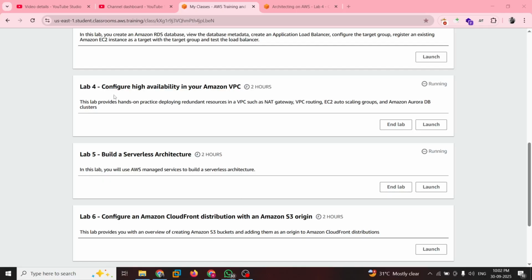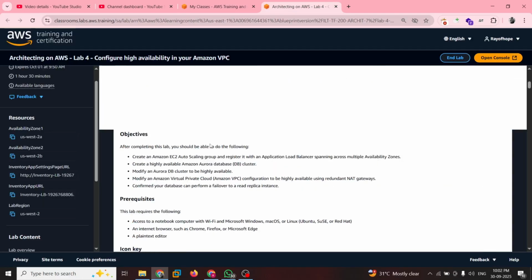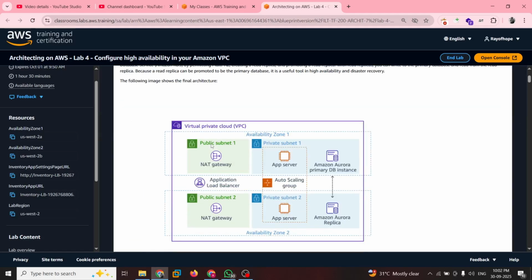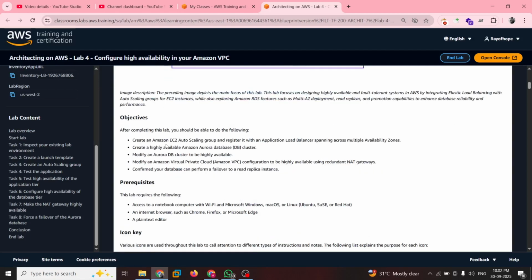And in this lab, we are going to configure high availability in your Amazon virtual private cloud. Let's get into the lab. This is how the lab looks. I have already started. Now, in this lab, these are the lab content and the goal we have. We would be creating an Amazon EC2 Auto Scaling group and registering it with an Application Load Balancer spanning across multiple